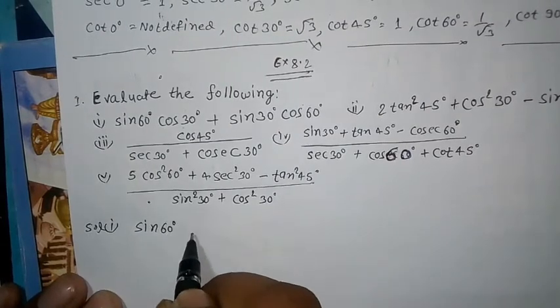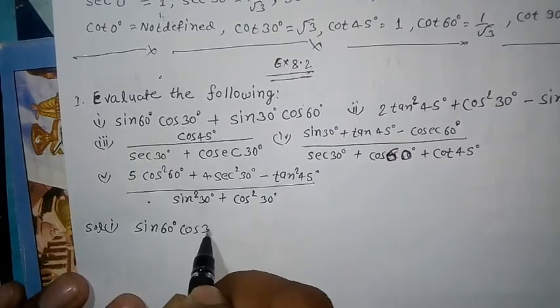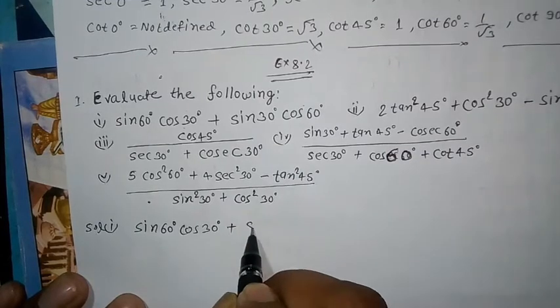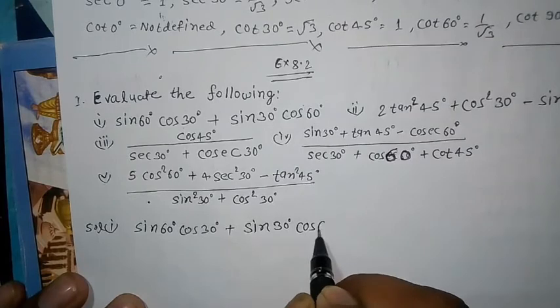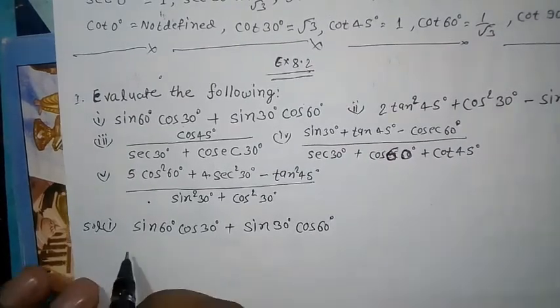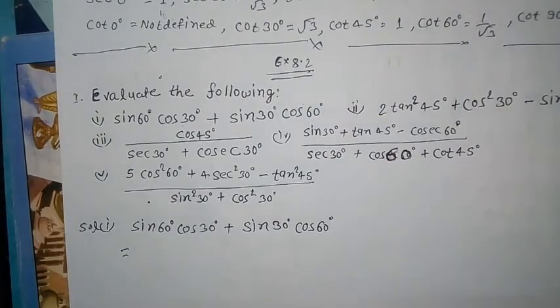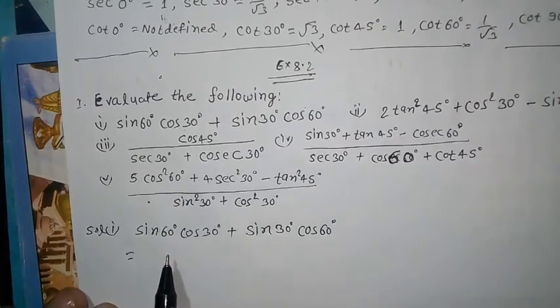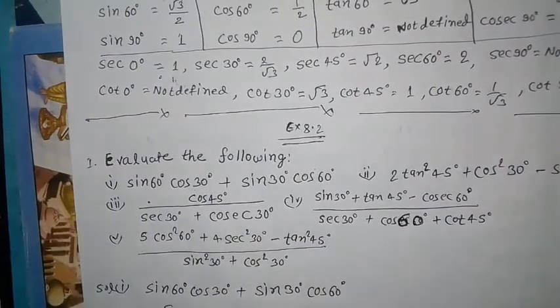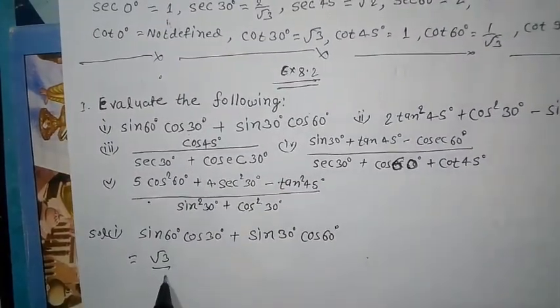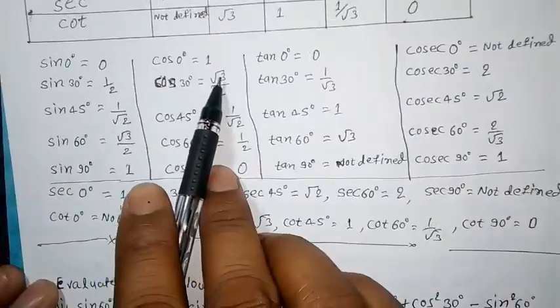sin 60 degree cos 30 degree plus sin 30 degree cos 60 degree is equal to... The value of sin 60 degree is root 3 by 2, root 3 by 2 into cos 30. The value of cos 30 is root 3 by 2,